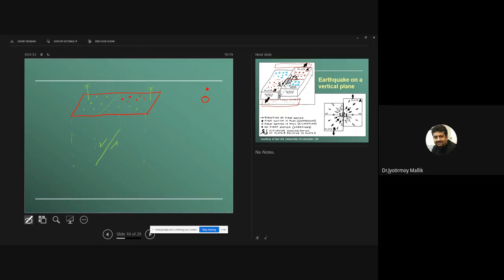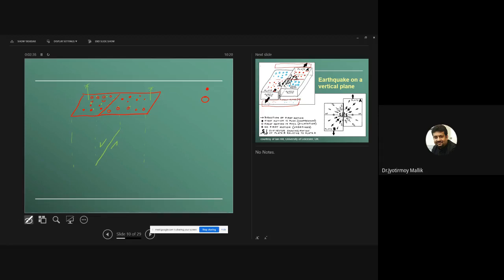Okay, so I am observing that these seismometers have seen compressional first motion. These seismometers have seen dilational first motion. These seismometers have seen compressional first motion, and these seismometers have seen dilational. So now my job will be to do a very simple thing: I will try to divide them into quadrants. Okay, so I can simply divide, like there is a line here which divides these compressions from dilations.